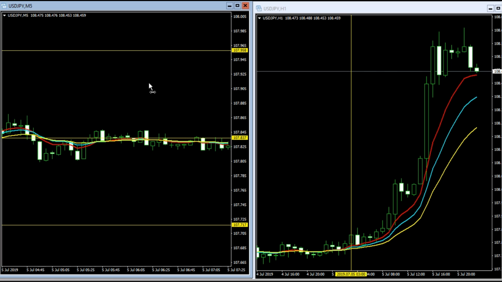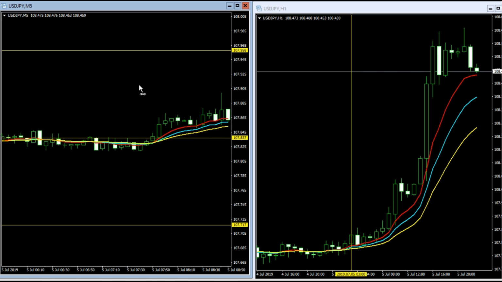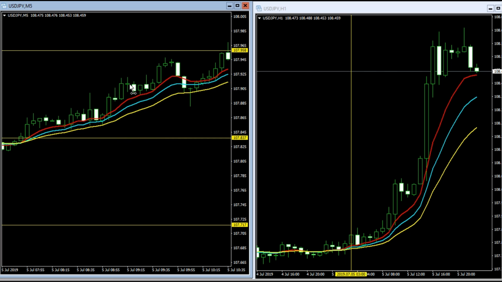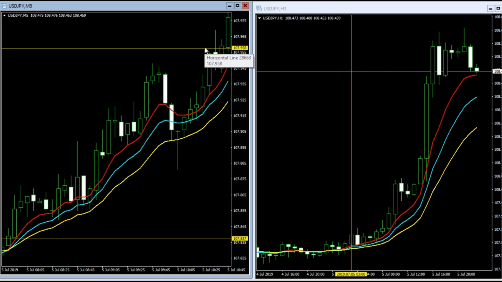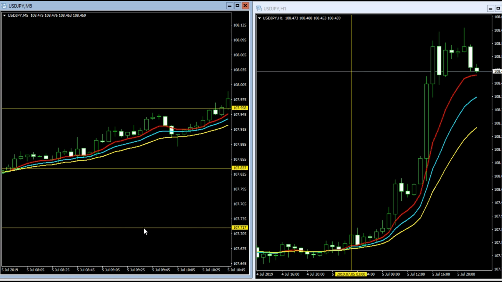Now the market keeps going up and up and up. There it is. See, there we get our take profit. Okay, now what we will do now, we will take half of the trade out and we will continue with the other half for our second take profit. Now what we're going to do, we're going to bring our stop loss to break even,